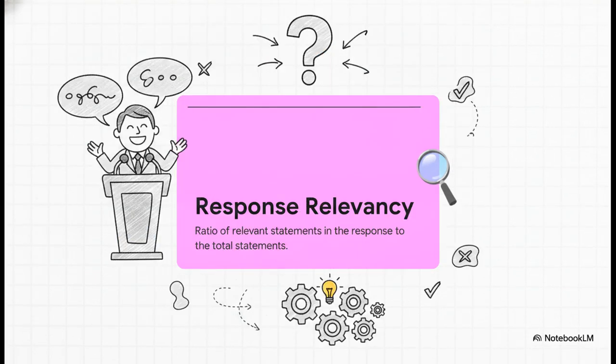Now let's flip the coin and look at our second metric. Response relevancy acts a bit more like a slick politician answering a question at a press conference. It's just computed as the ratio of relevant statements to the total number of statements. And here is the mind-blowing part. If the AI makes up facts out of thin air, the response relevancy score might not drop at all. It only drops if those ungrounded facts are entirely irrelevant to what the user actually asked. If the AI hallucinates a completely made-up answer that sounds perfectly aligned with the prompt, well, response relevancy will happily give it a high score.